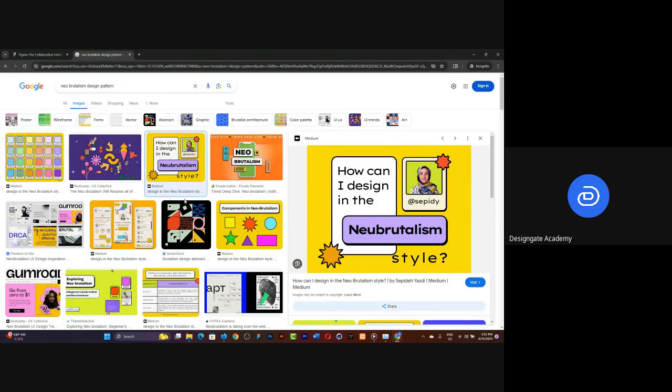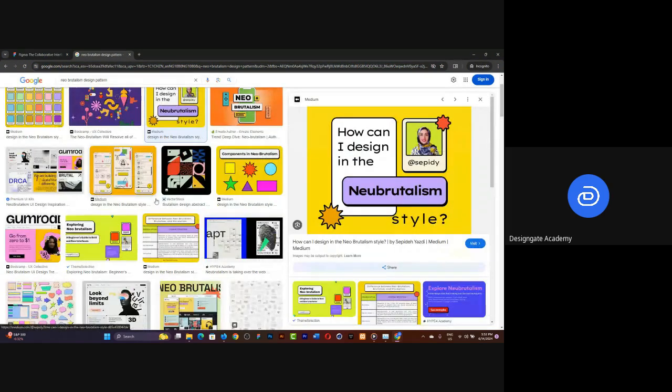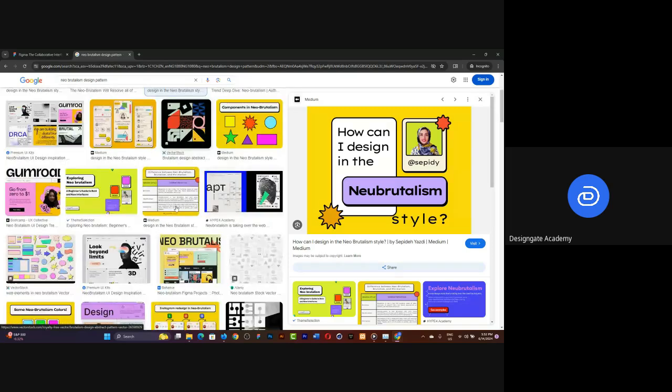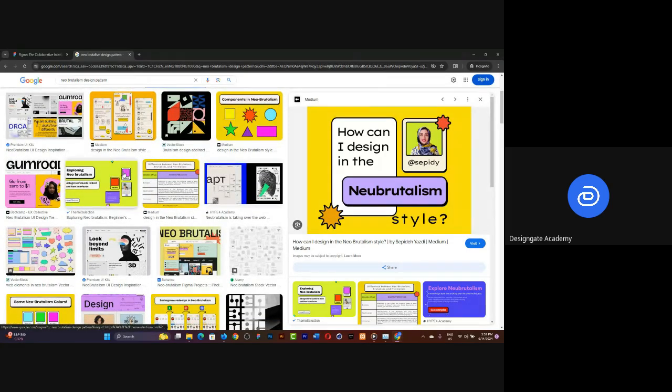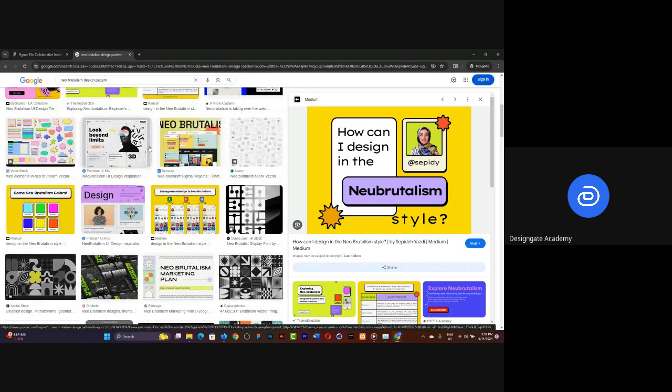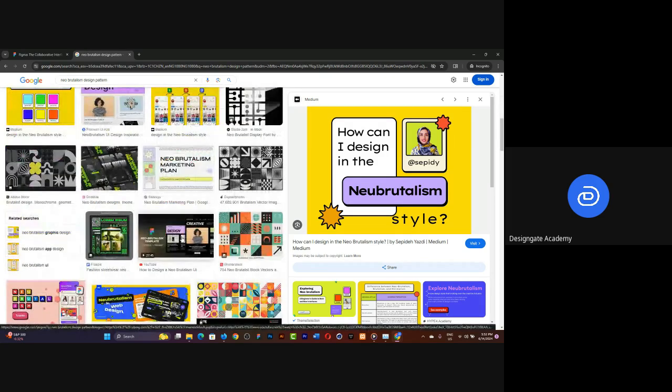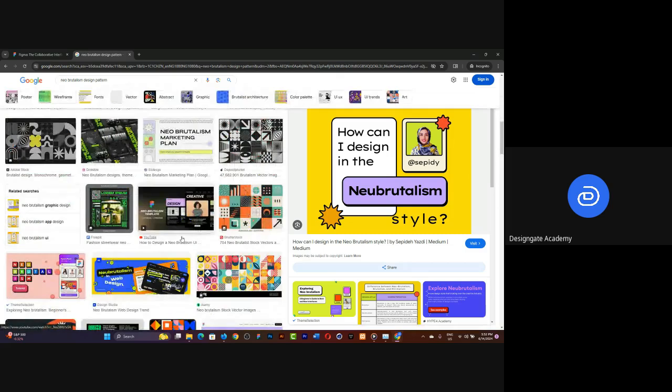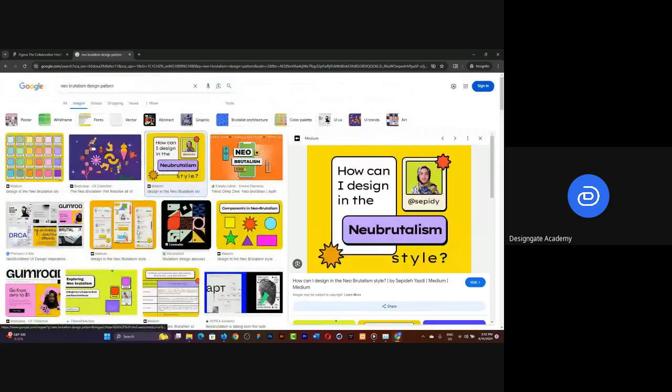If you notice, all these designs share something in common. If you look at them well, they have popping colors, large text and thick outlines. All of them, from here to here, all of them. So this type of design, I said, is called the neo-brutalist design pattern. If this is the kind of design you want to go for, I've just shown you how